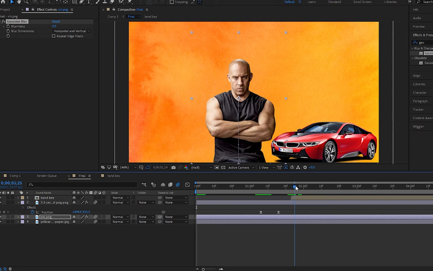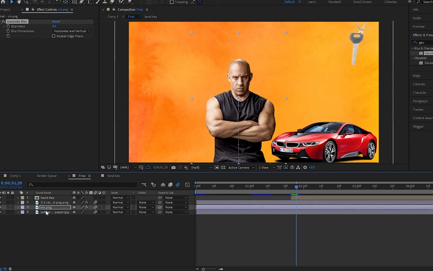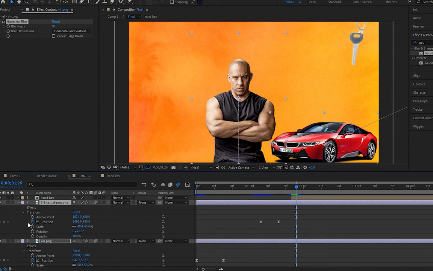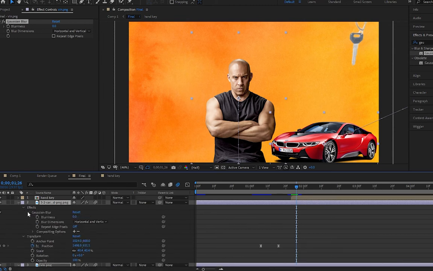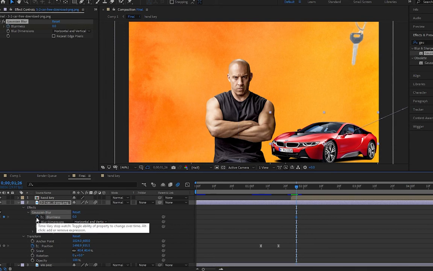Here I'm going to add this Gaussian blur. So let's close it and select wind picture and shift car picture, press drop down and move towards the effects, select Gaussian blur and select the blurriness, put the animator on both of it,